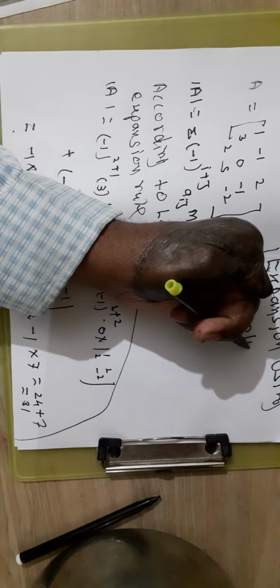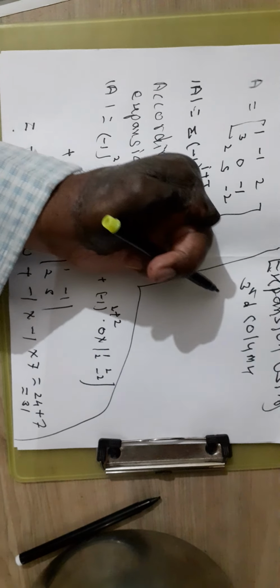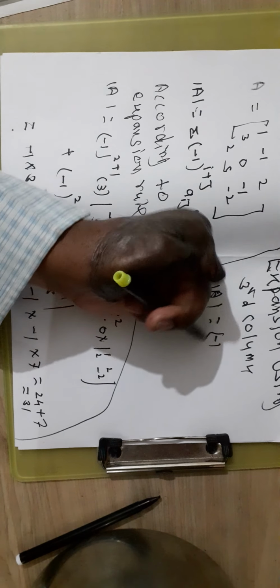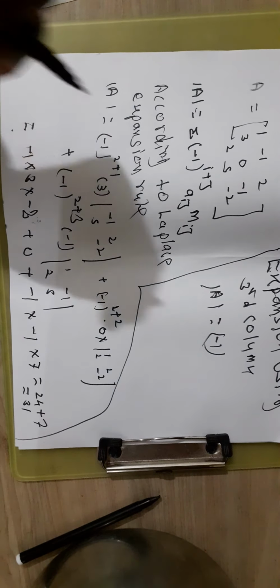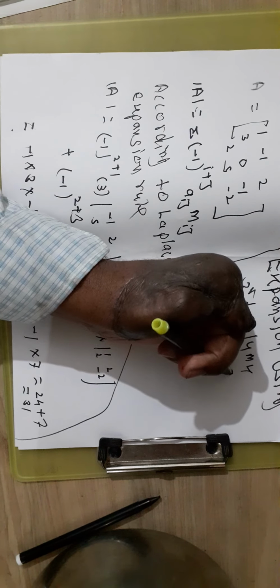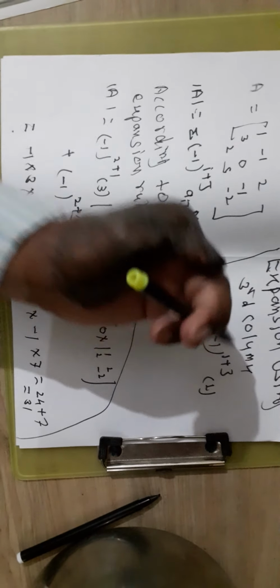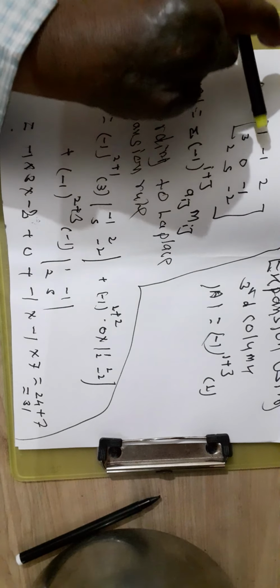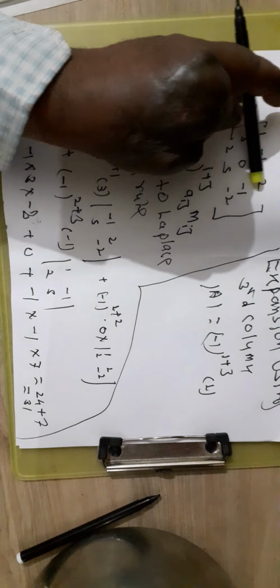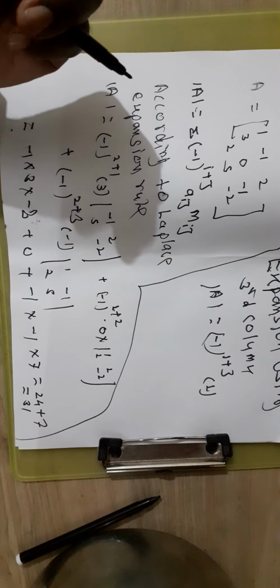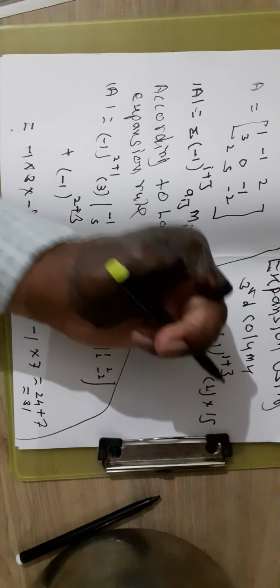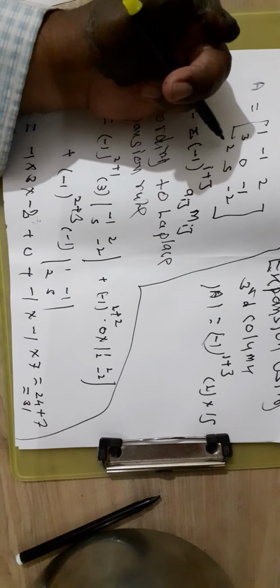See here. Now the determinant of A is equal to, here 2 is the element in the first row and third column. (-1) raised to power 1 plus 3 into 2 into the minor of 2. Delete the first row and third column. Therefore, it is the determinant of 15, because 3 times 5 is 15, minus 0.